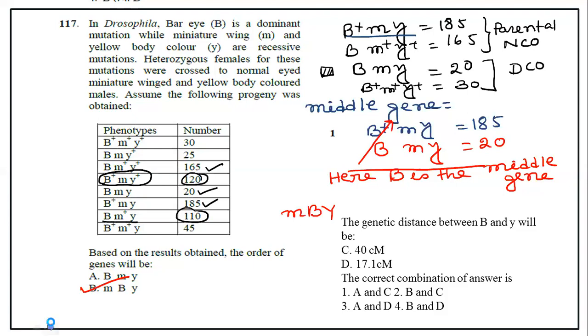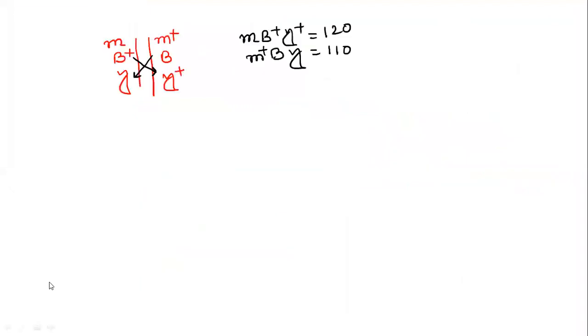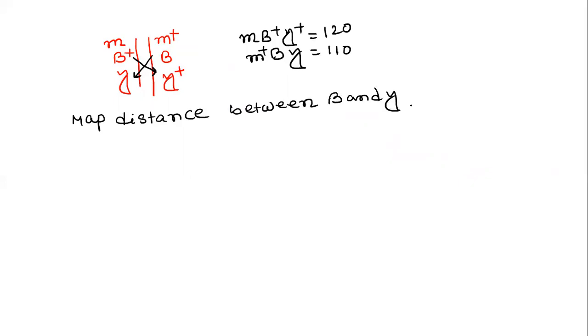These are two. Now how will we get the map distance? So the map distance between B and Y gene equals